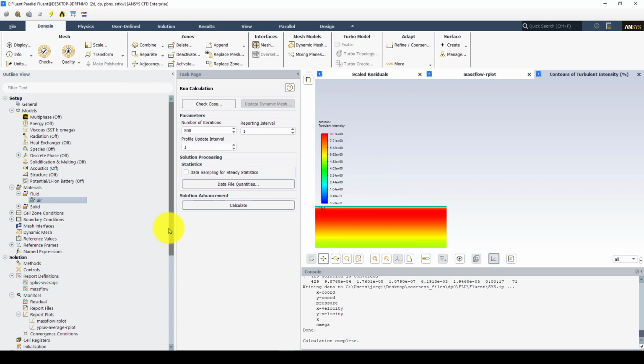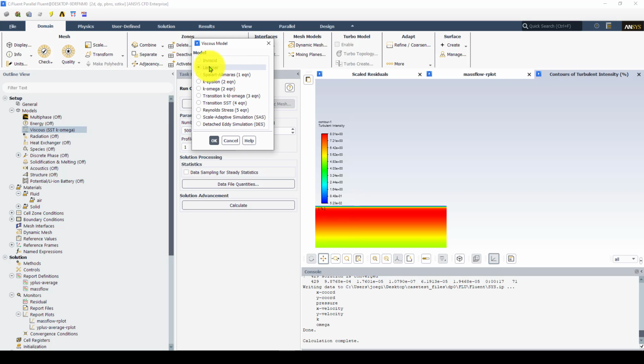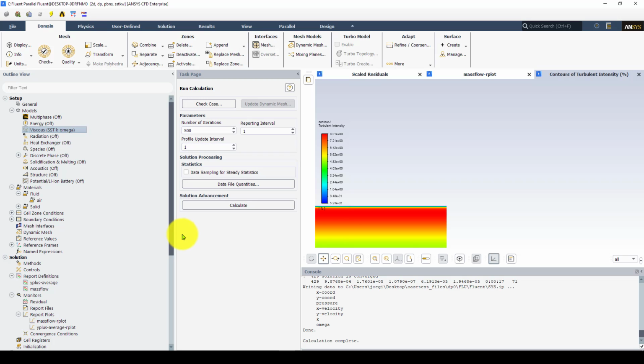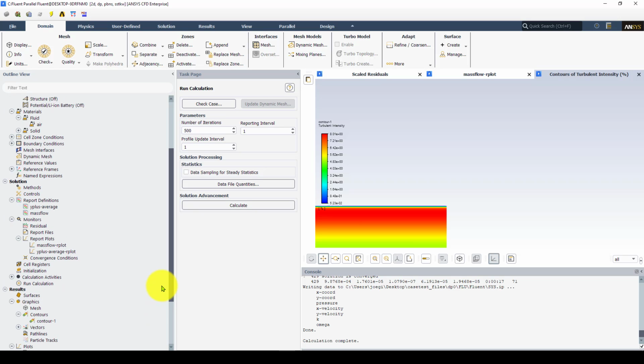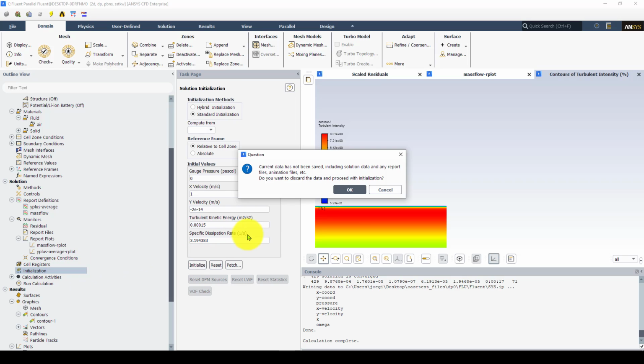So remember, it's not a good idea to use a turbulent model when you have a laminar flow. It doesn't mean that it won't converge, it will converge, but probably you will need to iterate longer. So this is another exercise. Try to run using the k-omega in a laminar case, and then you disable it, you put it laminar. Laminar disabled means the DNS, and you will see that the laminar will converge faster. Or probably you need to iterate less to get the right profile with the laminar. If you want to get the same profile using the turbulent model, you will need to iterate much more. So initialize